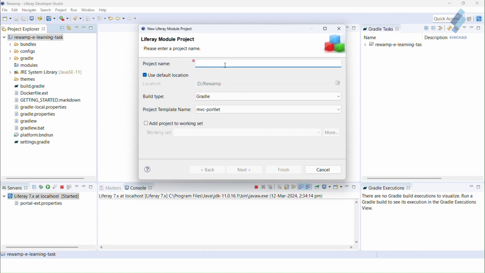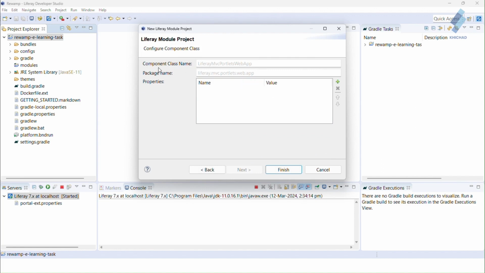So I give the name library MVC portlets web app and select the template of MVC portlet. I have already selected it by default, and click on Next.